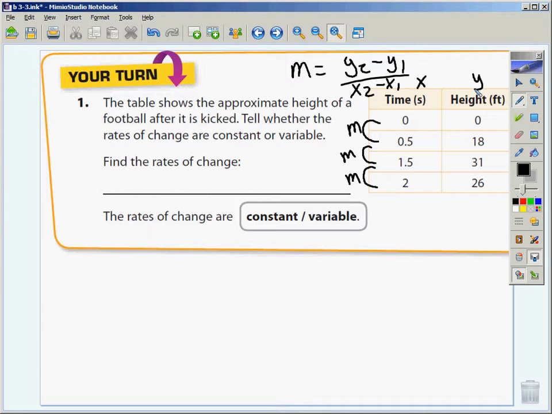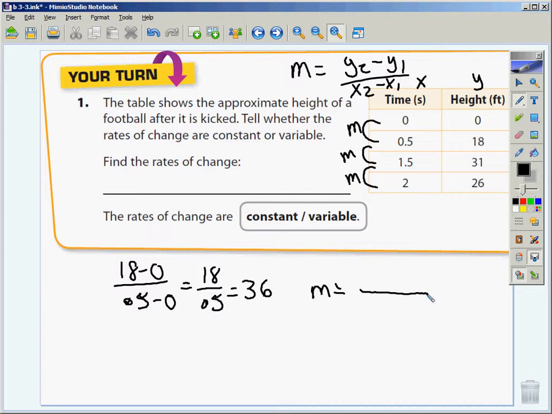18 minus 0 over 0.5 minus 0, which is 18 over 0.5 or 36. Okay? Everybody with me on the slope of this first pair? Right? Good? The second pair